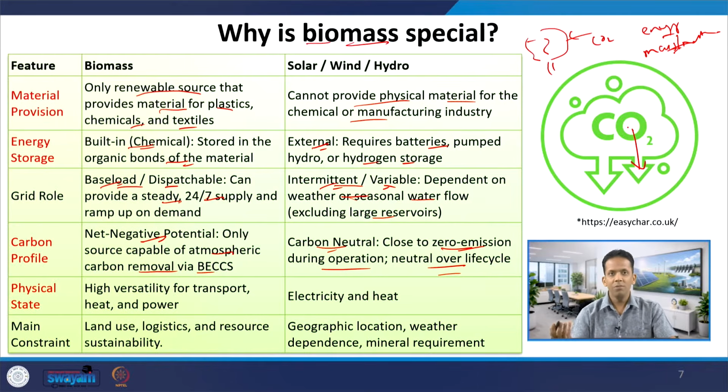So biomass is inherently carbon neutral. But while processing that biomass, if we are able to generate energy and the same amount of energy is being substituted by substituting fossil fuels, it can provide us a net negative potential, or the net emissions can be negative. Similarly, if we produce products like biochar and put it deep into the ground, the solid